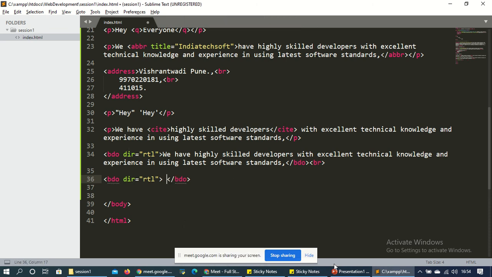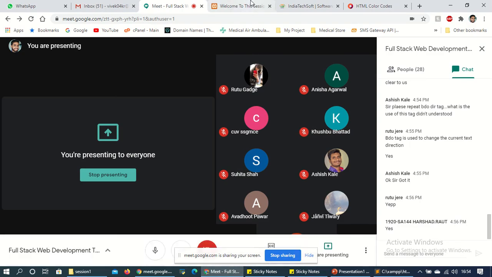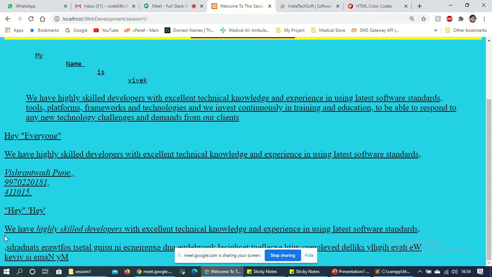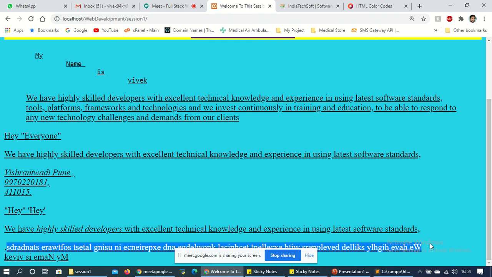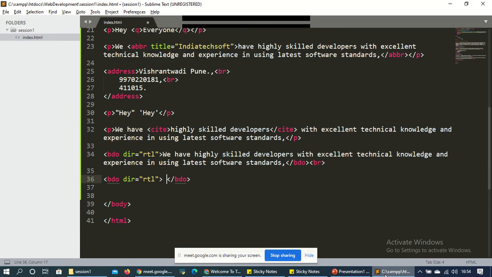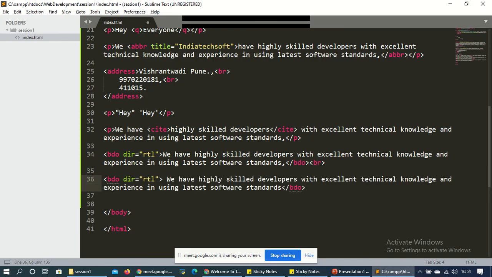Now suppose I'm copying the text. Okay, just delete, and go to my session and copy this one standard. Okay, I have copied this. Now go here and paste.